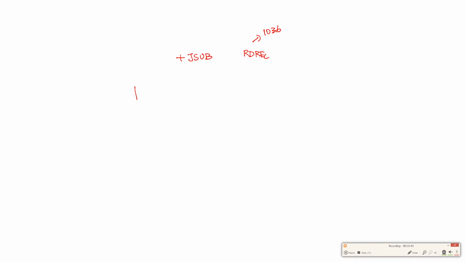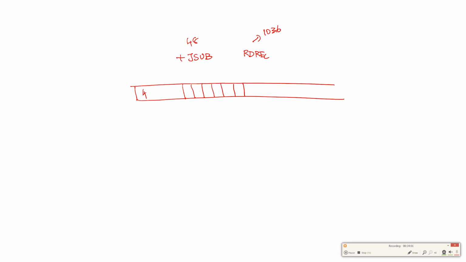So I'll write the instruction here. It is format 4, NIXBPE, and JSUB value is 48.